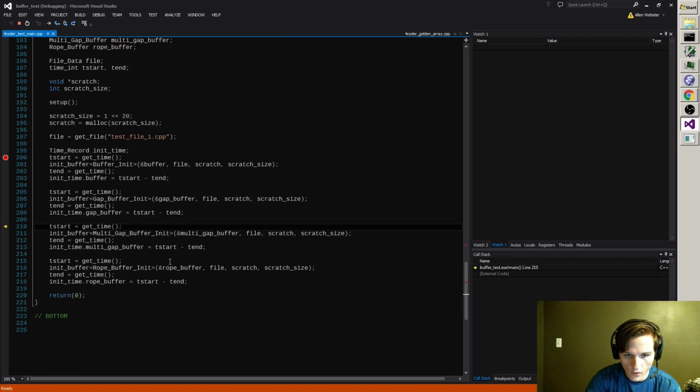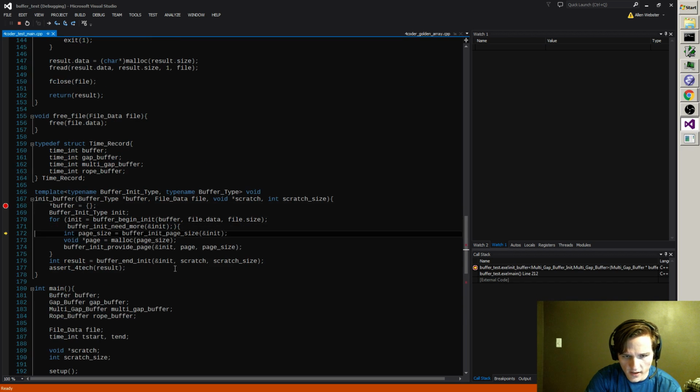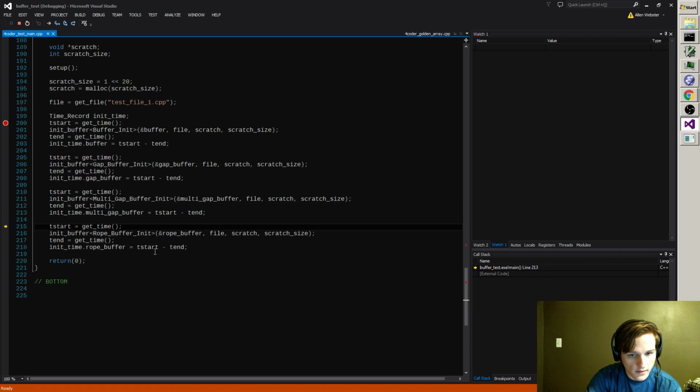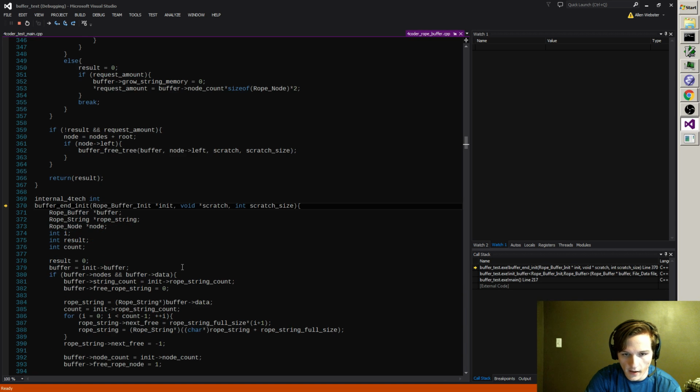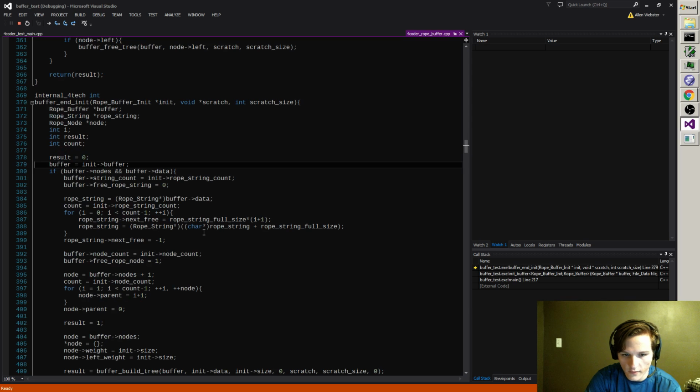Gap buffer and the golden array both worked. Multi-gap buffer, how does it go? This one takes a while because it's got to allocate a lot of pages to store everything in, but it passes nonetheless. So it's you who fails, and I'll bet you it's because your scratch memory is too small, isn't it? The scratch memory is too small for this gigantic file that I'm asking you to load, and so you are freaking out. I'm gonna just call it now, that's what's happening.